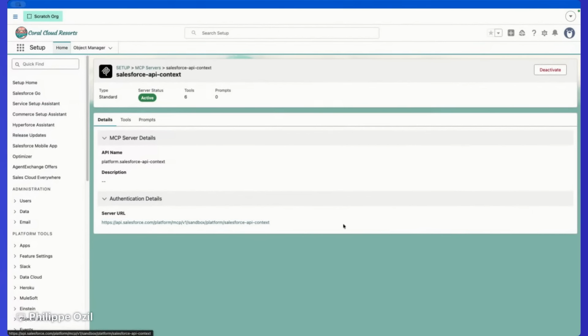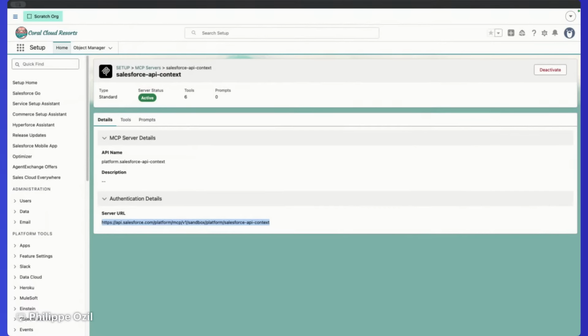So copy again the URL of the server here. Prepared. API context, callback port, client ID. All right, let me paste my client ID